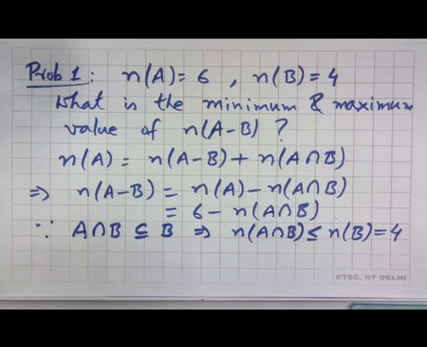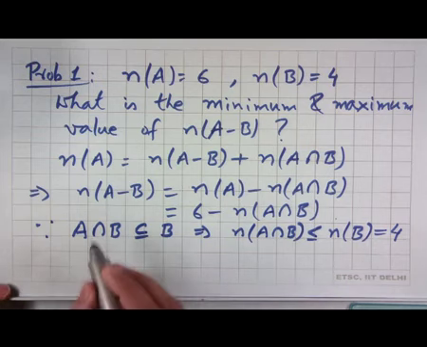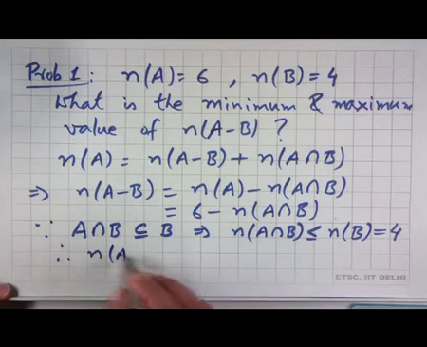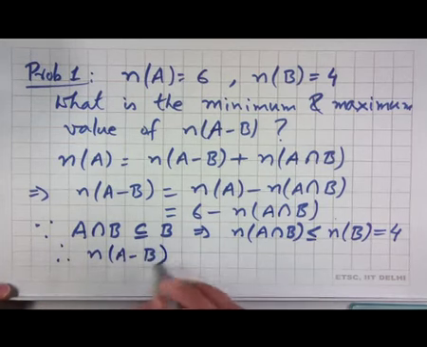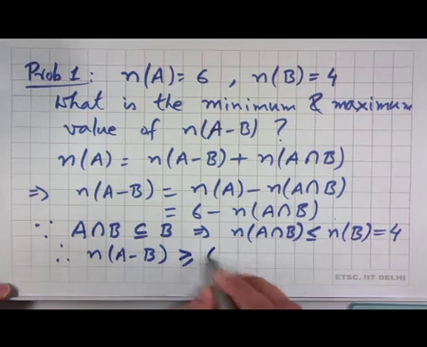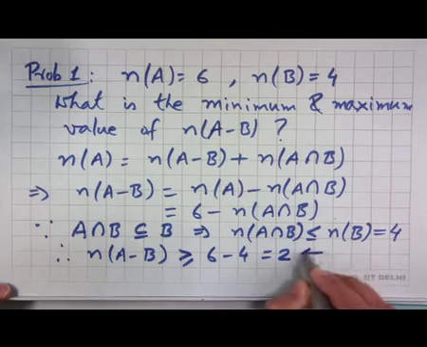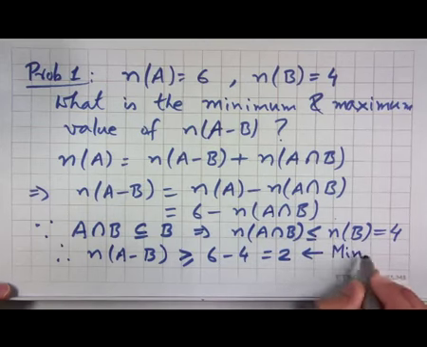So, number of elements in the intersection of A and B cannot be more than 4. So, n of A minus B is greater than or equal to 6 minus 4, which is equal to 2. So, this is the minimum value,